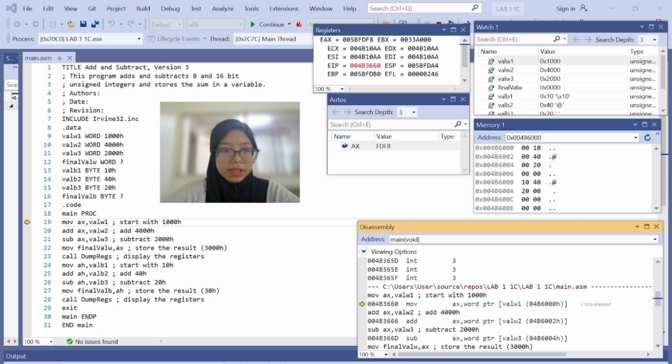Okay, for the first step, you see move AX word W1. At this stage, the instruction has not yet been executed. So the AX register will contain an initialized or previous value which may appear as a random hexadecimal value. So here you can see at auto the value is a random value, not 1000 yet. So when it is executed,